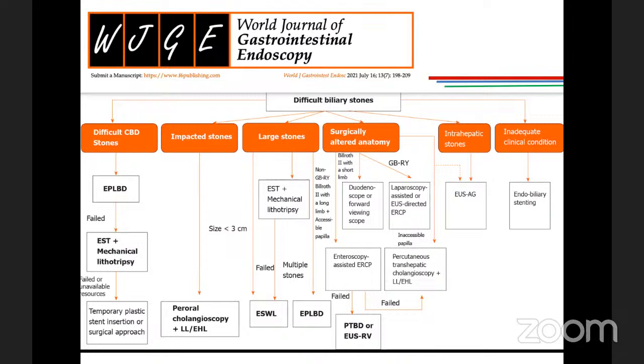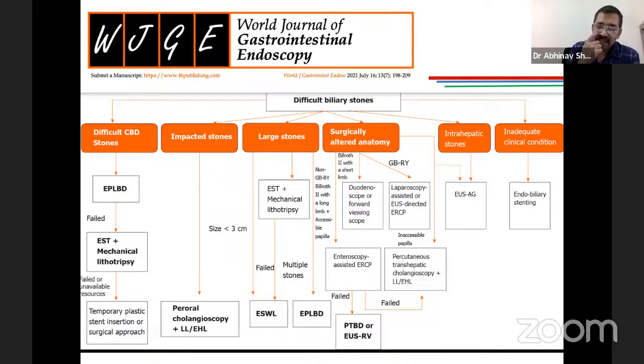At that time, these lithotripsies were not available. Yes, sir. Now, the second thing I have to ask you is about the lithotripsy used on CBD stones. Yes, large stones being managed by ESWL particularly. Do you have any information or are you aware of any study which gives a long-term follow-up of CBD treated by ESWL for large stones?